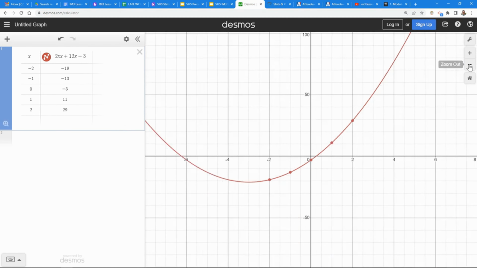But if you zoom out on the graph and you click on the vertex, the minimum, you'll notice that this is actually question 4b. This is your axis of symmetry, so x equals negative 3. So if I put in negative 3 and switch all these numbers,